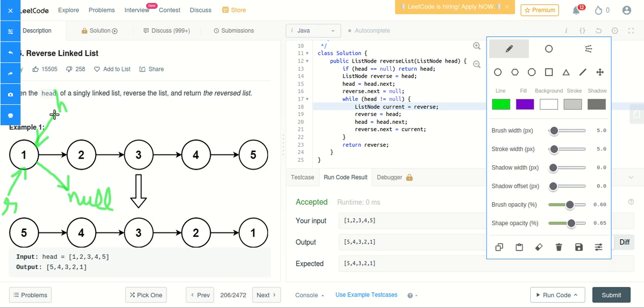Now we would point head to head dot next, so we would point our head to this now. So after that we want to point this R to head, right? But if we do that, we would miss this element. So we would create a current and we would point to 1, and then we would point our R to this, right? And similarly we would do like this,